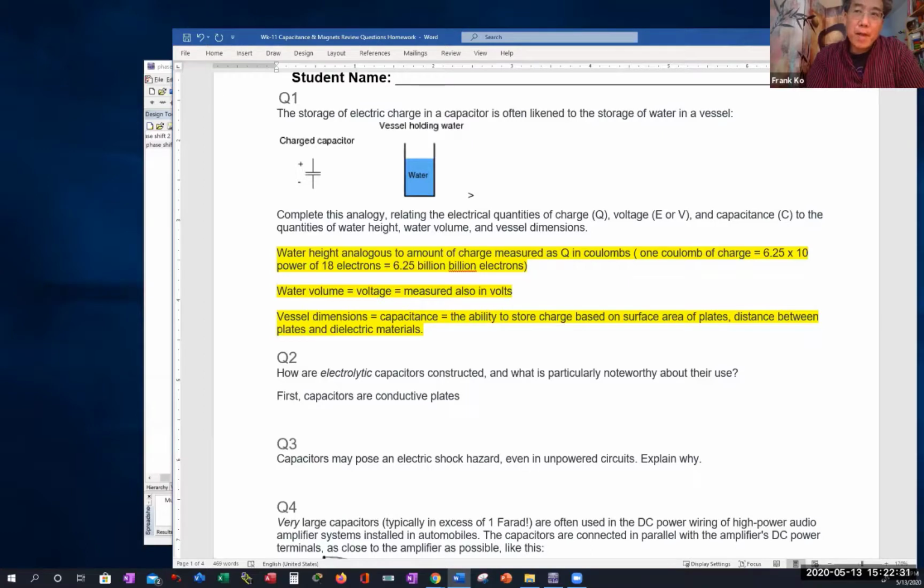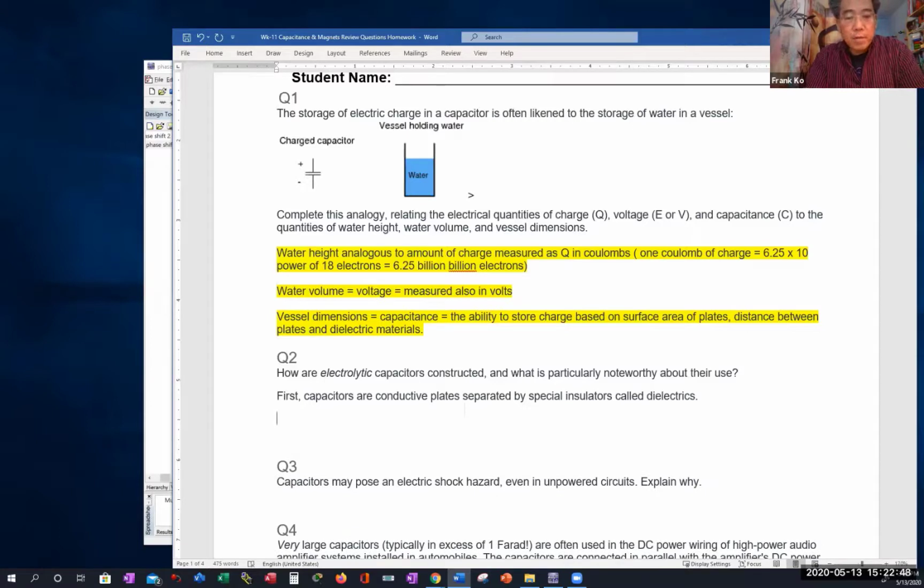So first of all, capacitors are conductive plates separated by special insulators called dielectrics. Second, the dielectrics equal insulators used in the construction of capacitors. Dielectrics